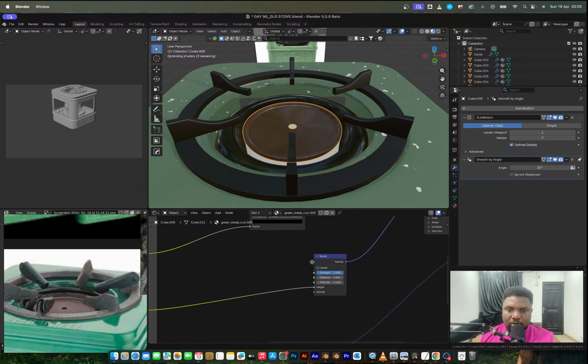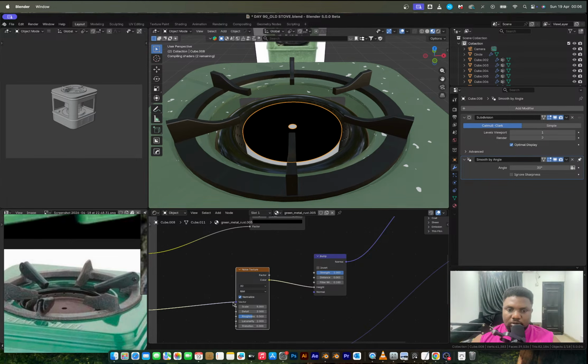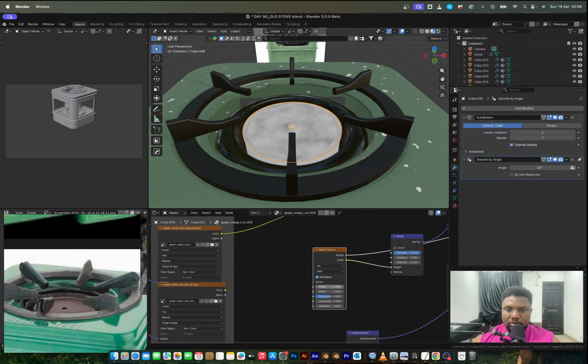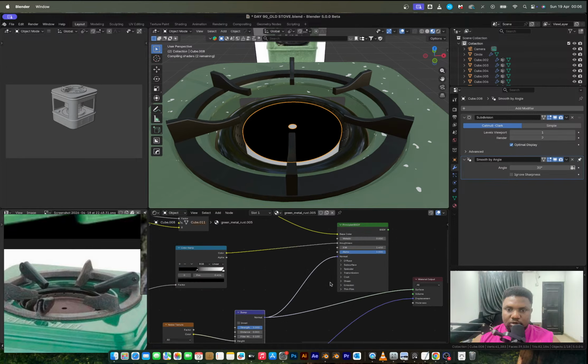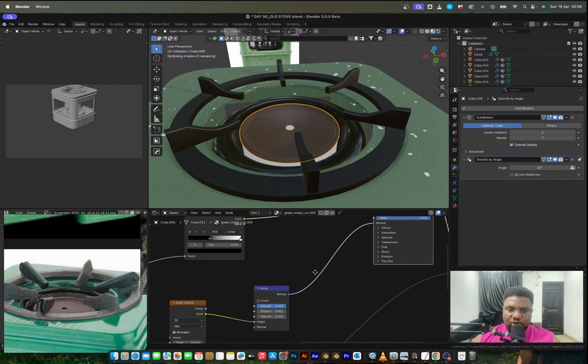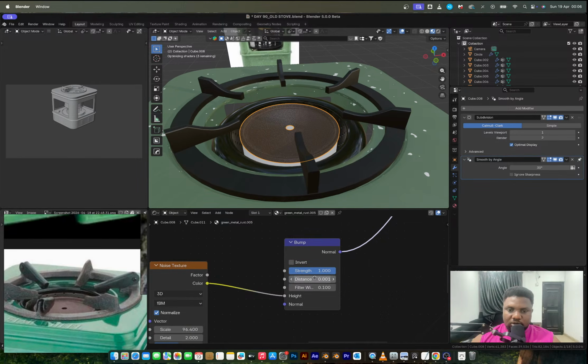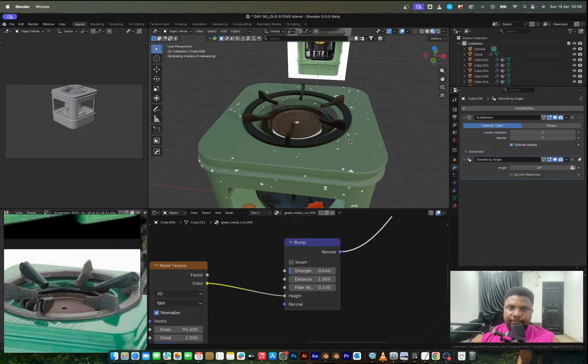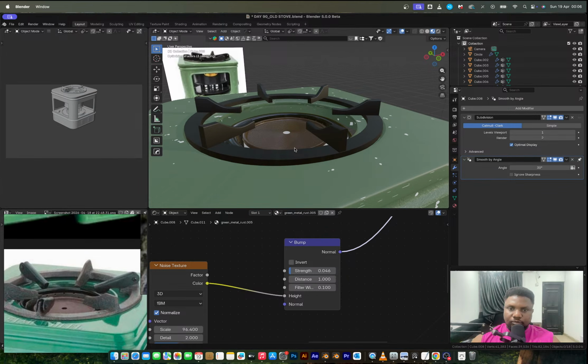I'm going to bring in a noise texture to do this. Noise into the bump and out. Maybe too much noise actually. So I'm going to take this distance up to 1 and bring down the strength like so. I'm going to push up,